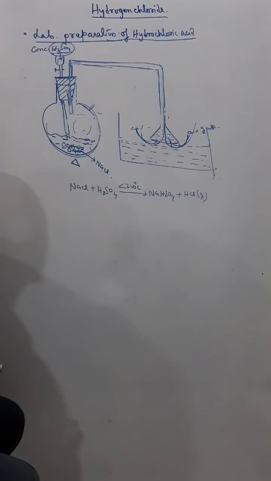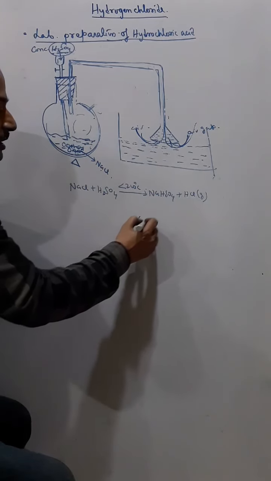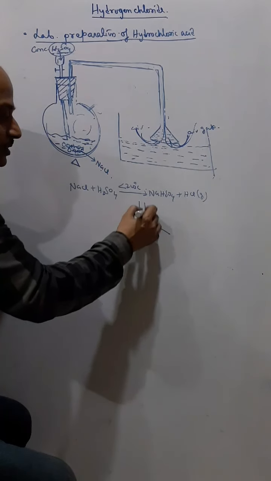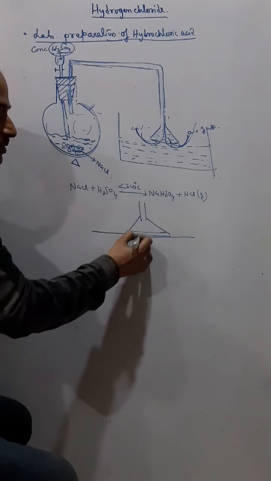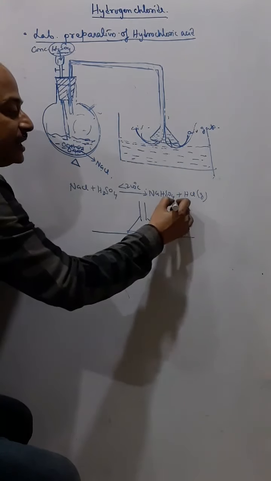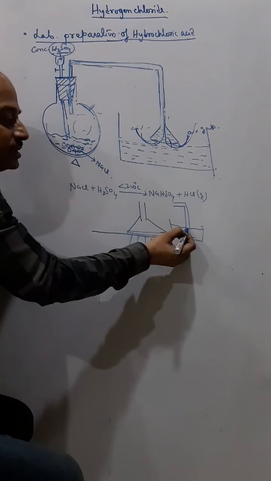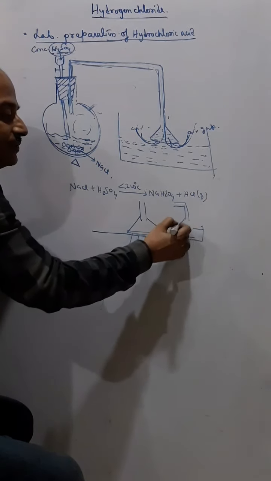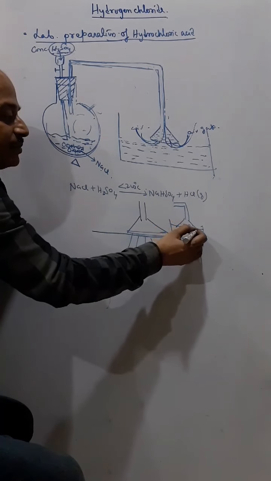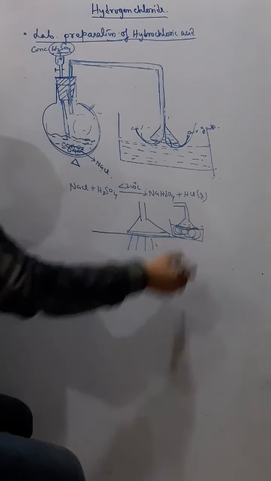So that is the main idea of funnel arrangement. In this funnel arrangement, also make sure that it provides a large surface area, so when HCl gas comes, it provides a large surface area to dissolve in water. Otherwise, if I directly put the delivery tube, then it just gives this much surface of water to dissolve. But instead, if I use a funnel, the HCl gets a large surface area and dissolution is more uniform and proper.